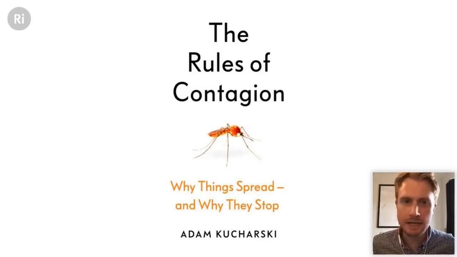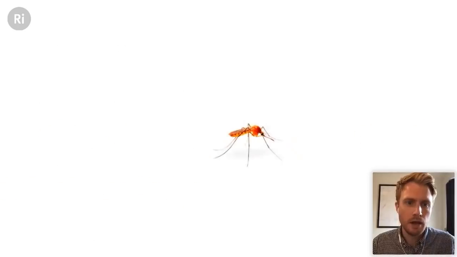So contagion is something that's really shaping all of our lives very much at the moment. And I want to talk about some of the processes and ideas that can shape our understanding of those different forms of contagion. So I'll talk about a number of different types of outbreaks and epidemics. But I want to start with a disease that's really had a huge impact on populations over time, and that